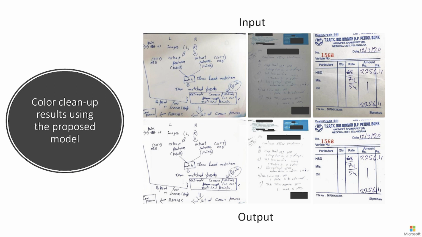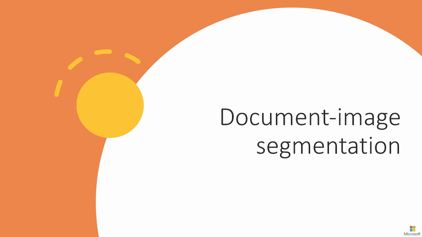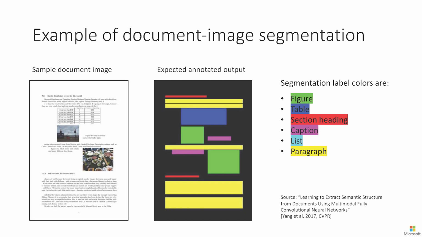Thanks. So these are again some of the color outputs which we had obtained. These black regions are just removing some personal data. Now coming to the image segmentation model of which the demo was shown. So what exactly is the image segmentation problem? In image segmentation we want to segment the document image into some semantic structure. A paragraph should be identified, a table should be identified, a figure should be identified. You can do very fine-grained structuring like a caption, a list, things like that, right? And it is technically a multi-class problem,